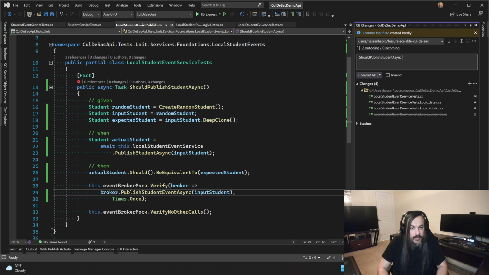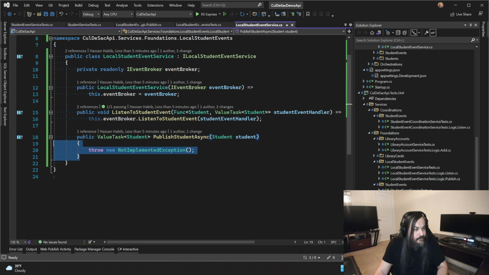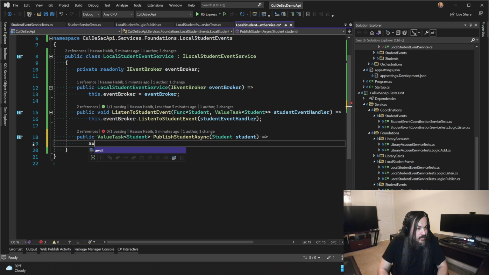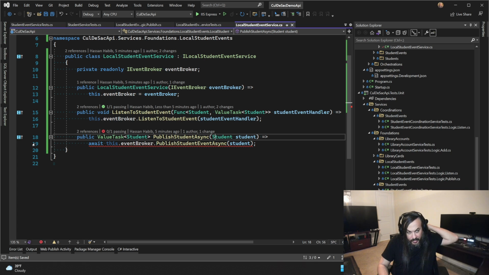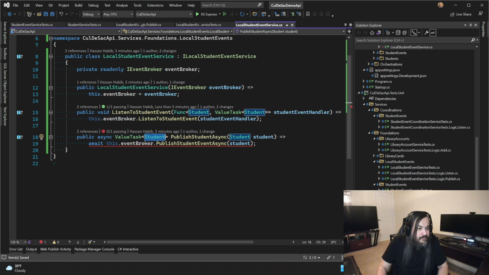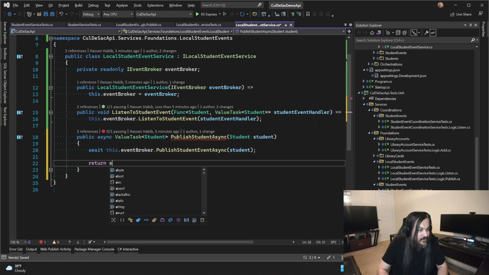Now we're going to go back here and say this guy is a fail, and then I'm going to go into the implementation of this guy, and then I'm going to say await this dot broker dot publish student, and here's your student, done and done. We need an async in here. That's if and only if you want to wait for it. But just because you're not awaiting something, it doesn't mean that it's not firing. It's still firing. It's just about what you're going to get out of it, okay? And since this guy, yeah, we said we're going to return the student, didn't we? So let's do that. So the await, and then I guess return student.